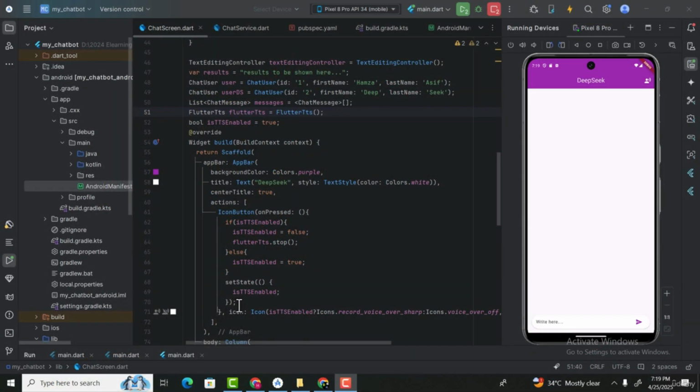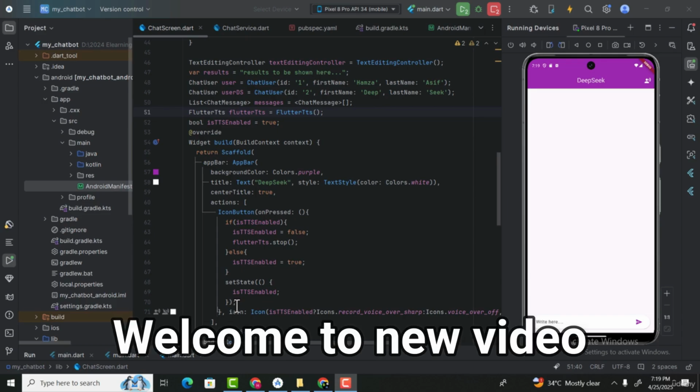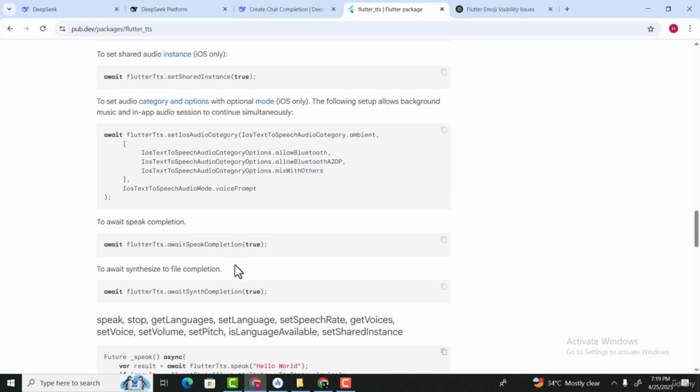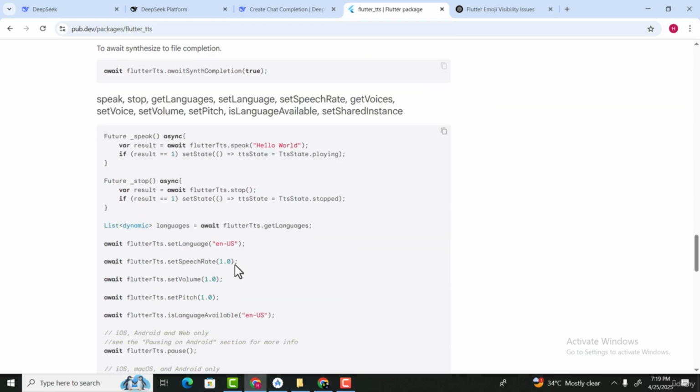So now after adding this feature inside our application, let's explore it further. So open the documentation page and there you will find different features provided by this library. So for now by default we are speaking English language, but if you want you can also change